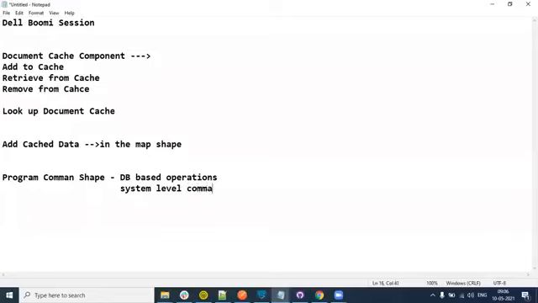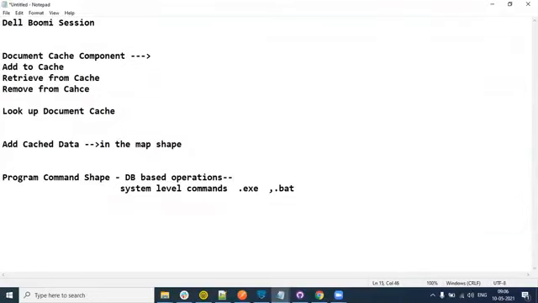What do you mean by system level commands? Sometimes, as part of integration, you have to execute some .exe file or run some script. If your Atom is on Windows, any Windows related file, maybe a .bat file, that you have to execute, then you can use the program command shape. It can also be used to perform DB based operations, but the only caveat is that